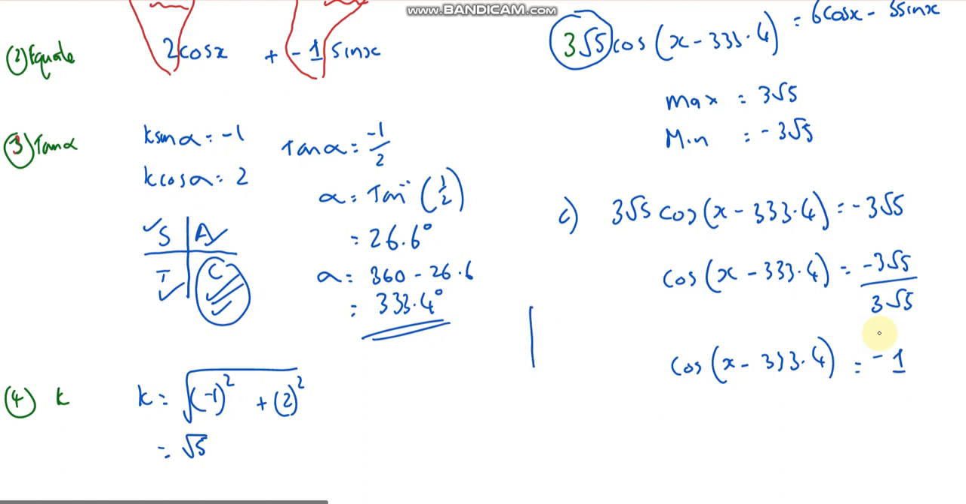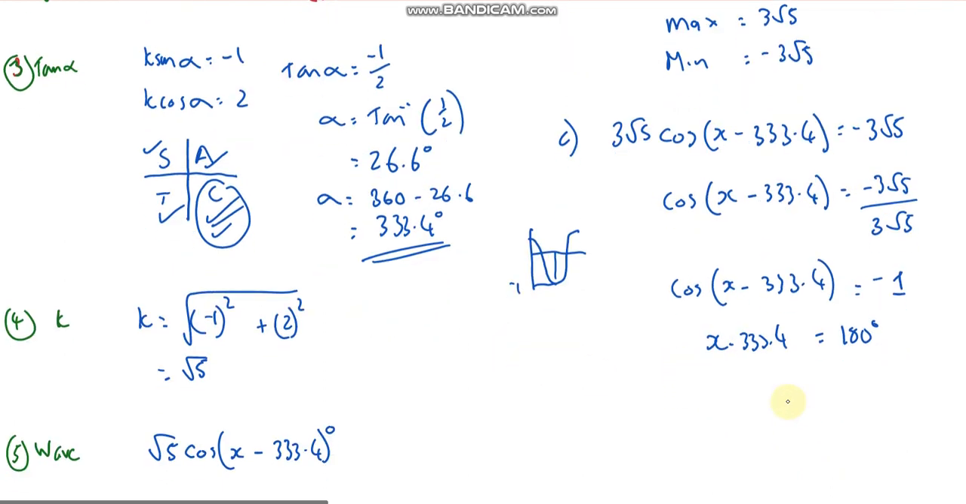Because if you imagine the cos graph, you're really just saying, when does the cos graph equal negative 1? So it usually meets negative 1 at 180, doesn't it? If I was to do the inverse cos of negative 1, I would end up with 180 degrees. So to rearrange that, I'll just add on 333.4 to that. 333.4 plus 180. Well, that's going to occur at